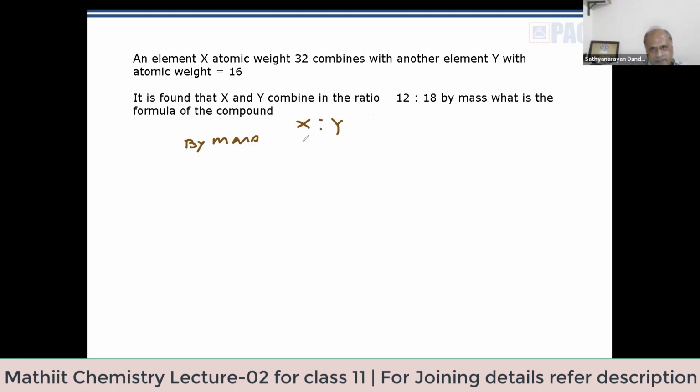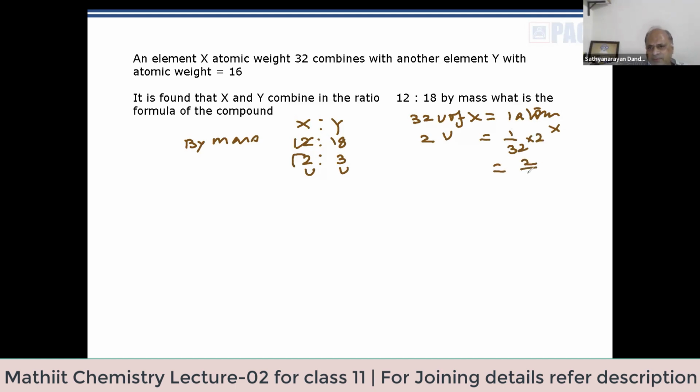Now, what will the ratio by mass be? 12:18, we made it. 12:18 has 6 as a common factor. 6 2s are and 6 3s are. That means they are combining in the ratio 2:3 by mass. 2u, 3u. 32u of X is equal to 1 atom of X. So there is 2 here. So if it is 2u, how many atoms will there be? 1/32 into 2, or I can directly say 2/32, because ratio by